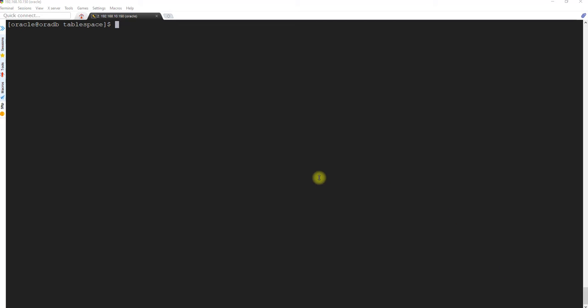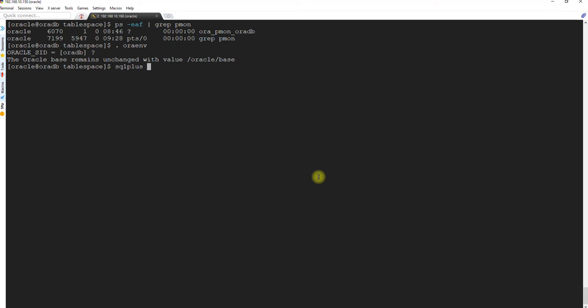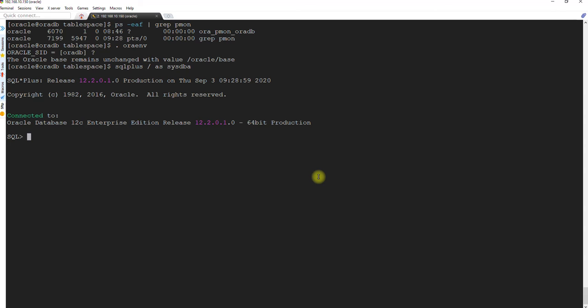So currently I am connected to my session as we always do, and let's check the process first. Let's change the environment variable. Everything looks fine. We will connect to the database. Let's check the PDBs. Everything is fine. PDB must be in read write mode. Make sure that it is not mounted. Mounted means closed, in shutdown state. PDB must be in read write mode.